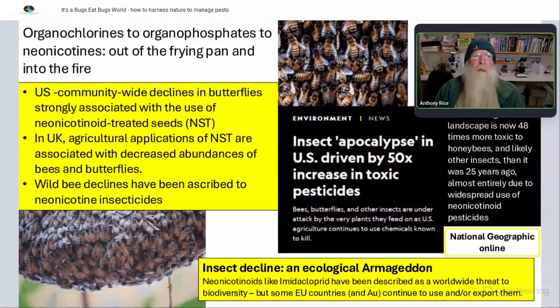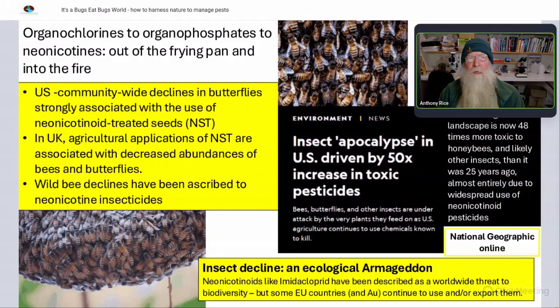So if we've moved from a reliance on organochlorines, products like chlordane, aldrin, heptachlor, those old nasty things that were very persistent in the soil, most of those now have been taken out of registration. You can't use them in agriculture anymore, which is probably a good thing. We've moved on to organophosphates, which tend to be less persistent in the soil, but they're still very toxic. They're useful products in their place. And then we went from organophosphates into neonicotinoids. So every time we make this big change, we jump out of the frying pan and